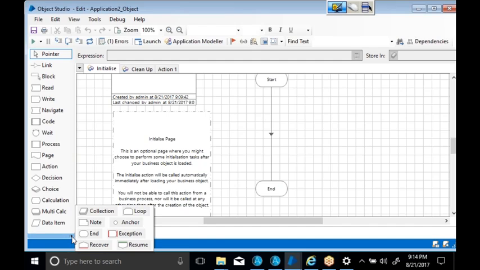Each and every stage has a different feature, and I cannot delete any stage from the object, or create any new stage in the object. I can use only the stages available inside the object. It is the same in a process also. In Process Studio you also have some stages, and those stages are also common. Whatever stages are available inside the process or the object, we can use only those stages, and we cannot create any new stages.